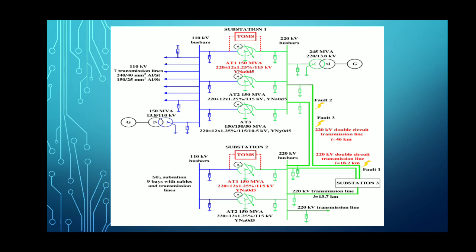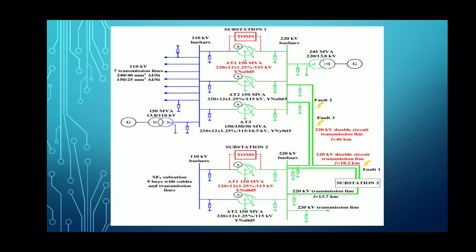This is the single line diagram representation of a 132 kV substation. Here the main line is connected to the bus bar, then this bus bar is again fed to the transformer, then these are connected to the feeder systems, which are represented in the diagram. The 132 by 11 kV substation is fed to the bus bar.